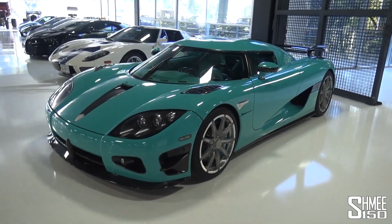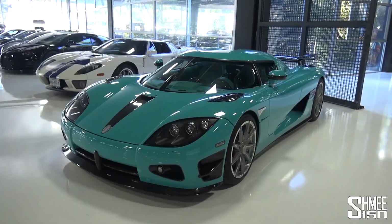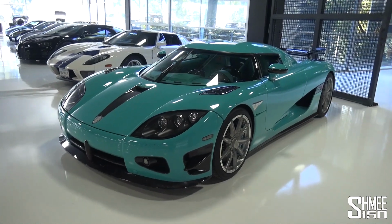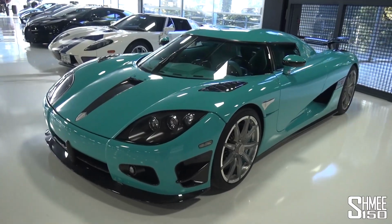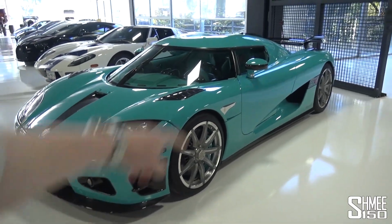So a big thanks to Don Koenigsegg for bringing it along, but this is a really special car. It is a one of one in the turquoise blue, the full exterior and interior. The CCXR was kind of the final version of the CC models before the Agera then came, and of course there have been many different variants from Koenigsegg since. But you have to remember, this car, well, it's about 10 years old or so now, but being one of the final cars meant that it had all the carbon aero parts, the finishing, the louvres, these wheels, the larger